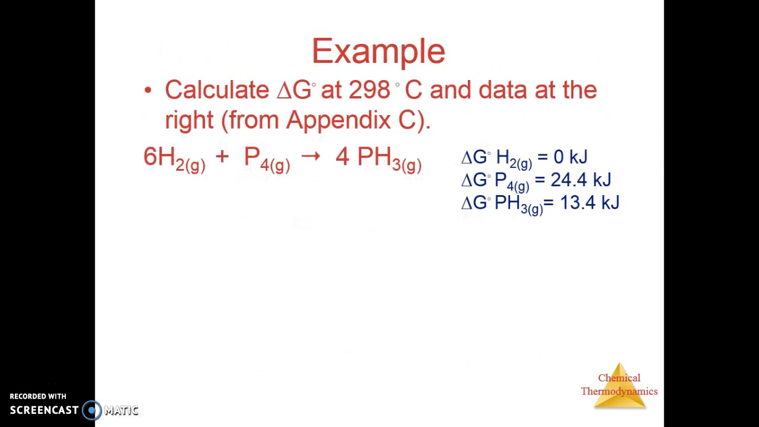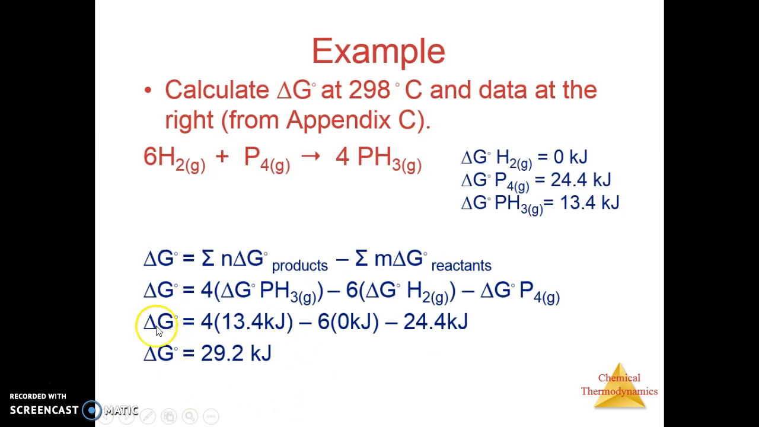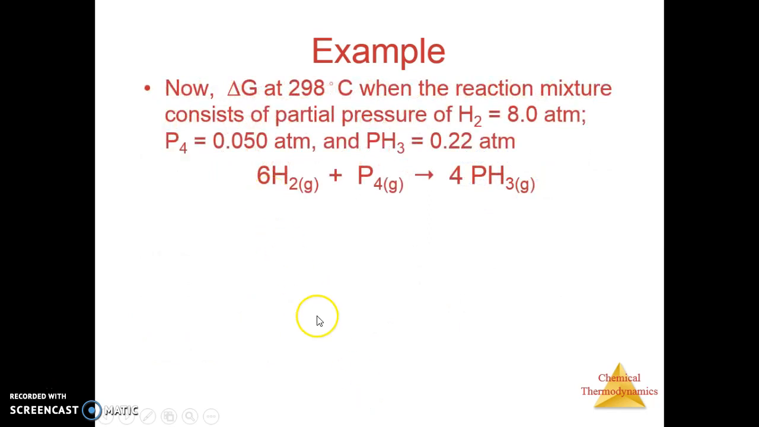So here's an example. We want to know what the delta G naught of this reaction is at 298 degrees. We can figure that out by using the sum of the products minus the sum of the reactants. You wind up with delta G naught in this case being 29.6 kilojoules. Okay, now what's delta G? We have delta G naught, but what's delta G under these conditions? We've got to take that delta G naught and figure out delta G and the equilibrium quotient,